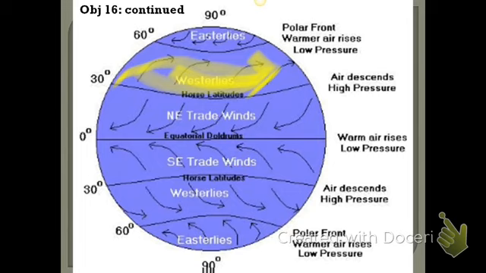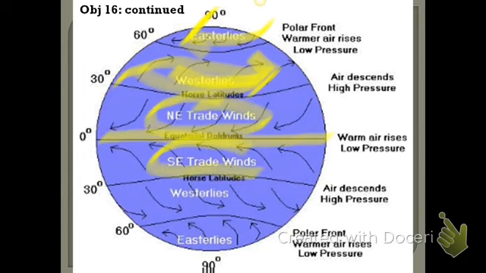Okay, and the easterlies, you guessed it, they blow from east to west. Winds are named for where they are blowing from. Okay, your northeast trade winds and southeast trade winds are occurring around the equator. Right here is the equator. Here's your northeast trade winds, your southeast trade winds. And then you have your horse latitudes where your